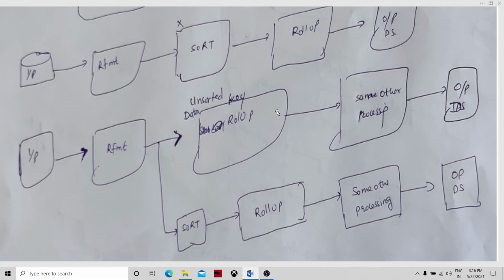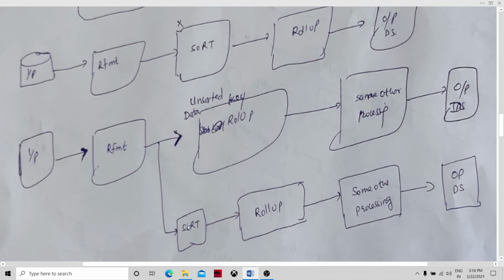So it has to sort the data sets, and until it gets all the records, it cannot roll up or release those records. Therefore, in-memory sorted components, roll up and join, also break the pipeline parallelism.